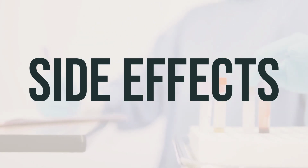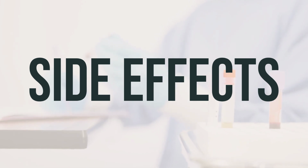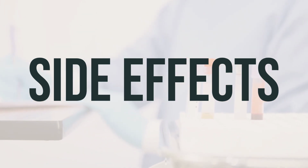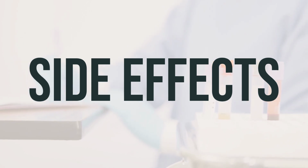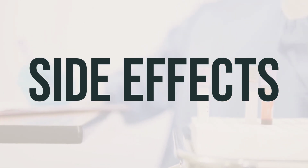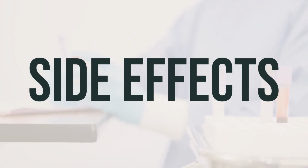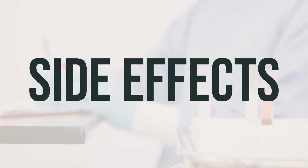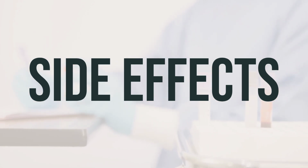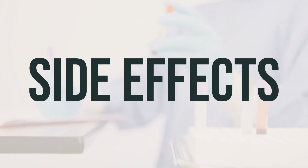It's important to remember that your doctor has prescribed this medication because the benefit to you is greater than the risk of side effects. Many people using this medication do not experience serious side effects. You should contact your doctor immediately if you experience any serious side effects such as vision changes, eye sensitivity to light, eye pain, swelling or discharge, slow or irregular heartbeat, muscle weakness, unusual tiredness, mental or mood changes, coldness, numbness, or pain in the hands or feet, swelling of the ankles or feet, sudden unexplained weight gain, or shortness of